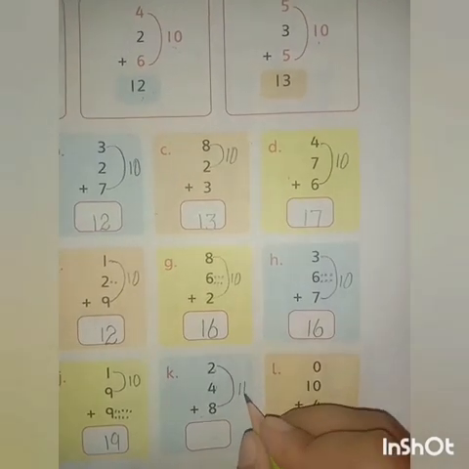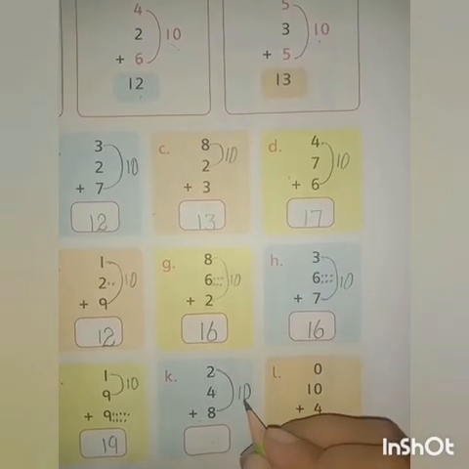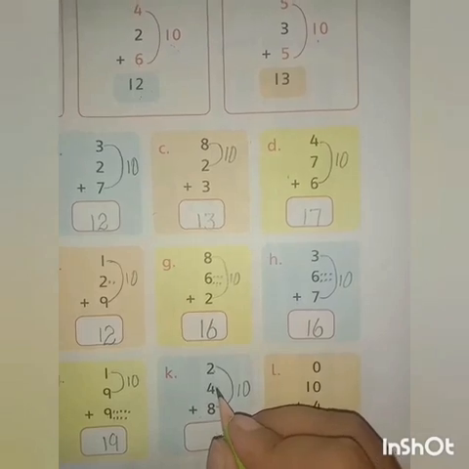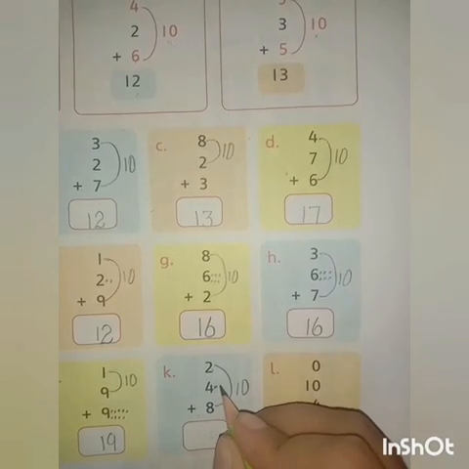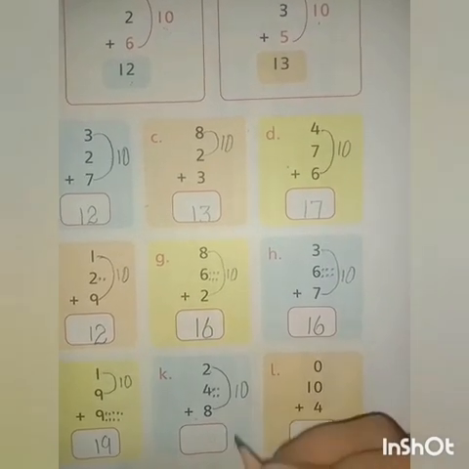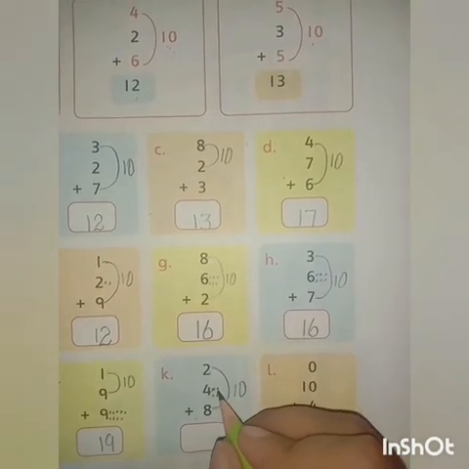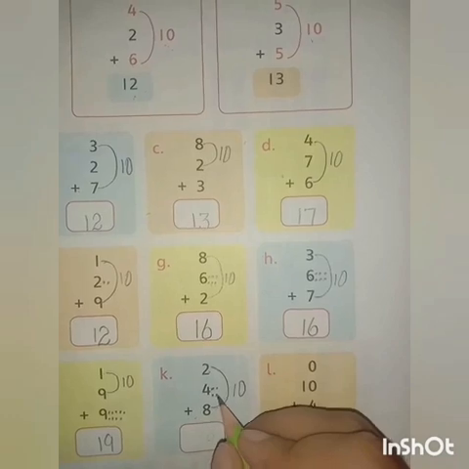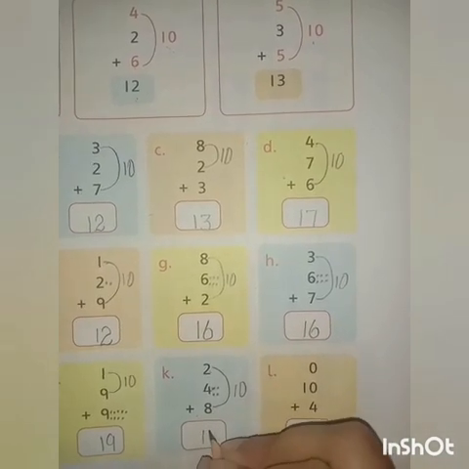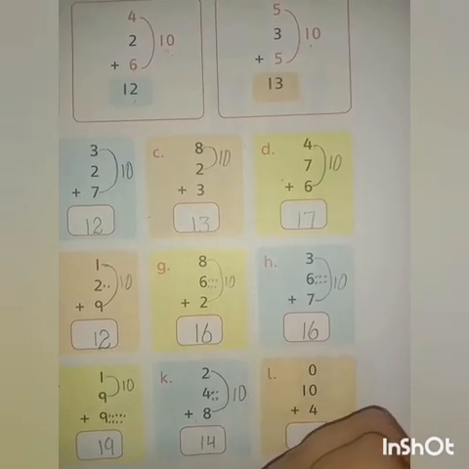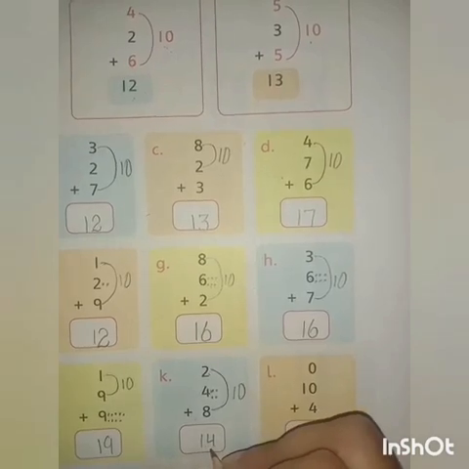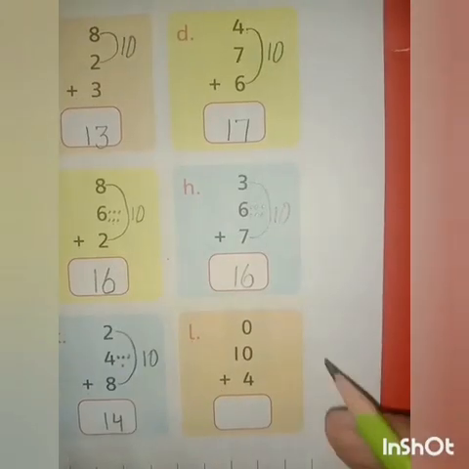Right here, 10. Now count towards 10 and add 4 in it. For this, we need a little bit 4 dots here. Now students, count towards 10. 10, 11, 12, 13 and 14. Here we got our answer and the answer is 14. In 14, we have 1 tens and 4 ones.